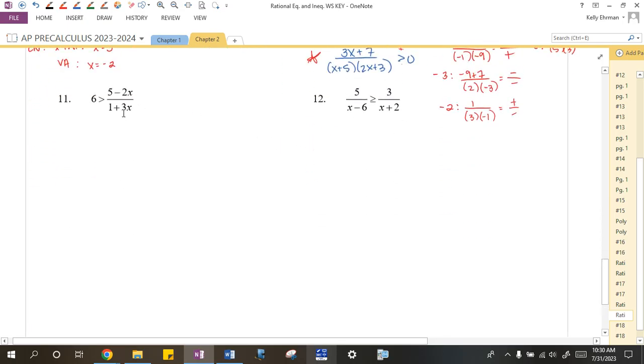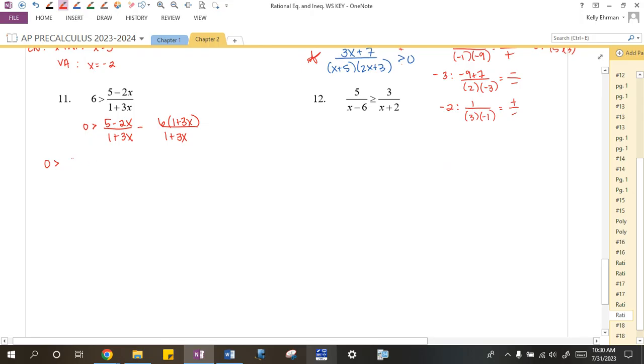Okay. Now for this one, I put the x's on the right side. You can either move them to the left side, or it's okay to have the x's over here. I'm going to keep them on the right side just to show you what that looks like. So we are subtracting 6 to the right side, which means 6 is going to have to get multiplied by the common denominator